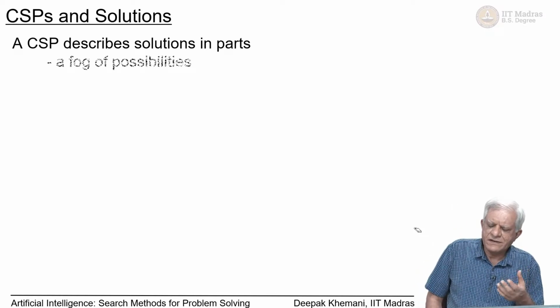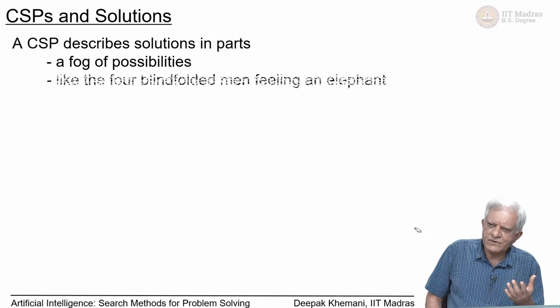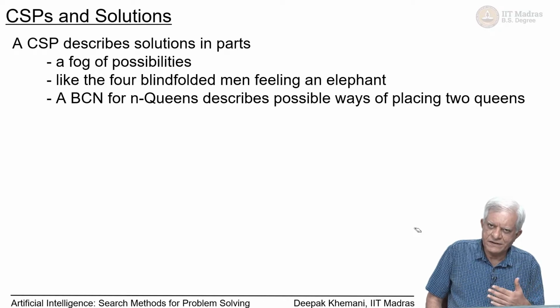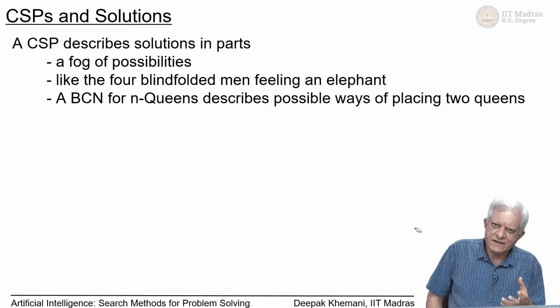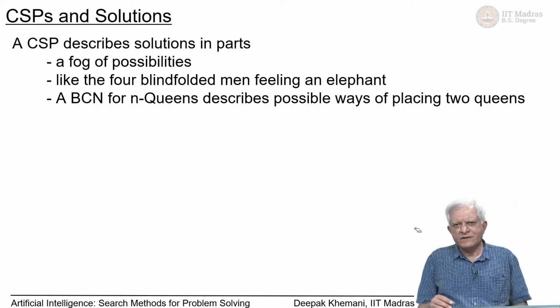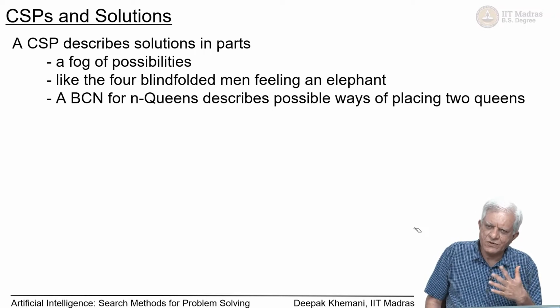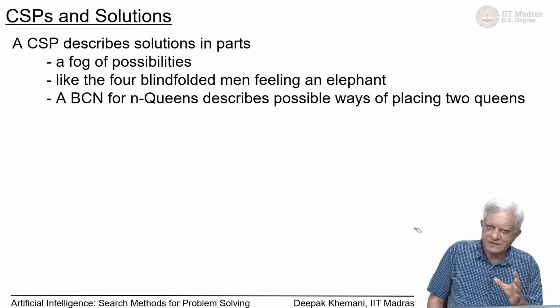what we do is we describe the solution in parts in some sense. So, we saw that we can represent the n-queens problem as a set of binary constraints. So, binary constraint network essentially. All we are saying is what are the allowed positions for, let us say, queen 5 and queen 6 or things like that essentially. We are not specifying the whole solution, only in parts we are saying that this constraint must be satisfied between